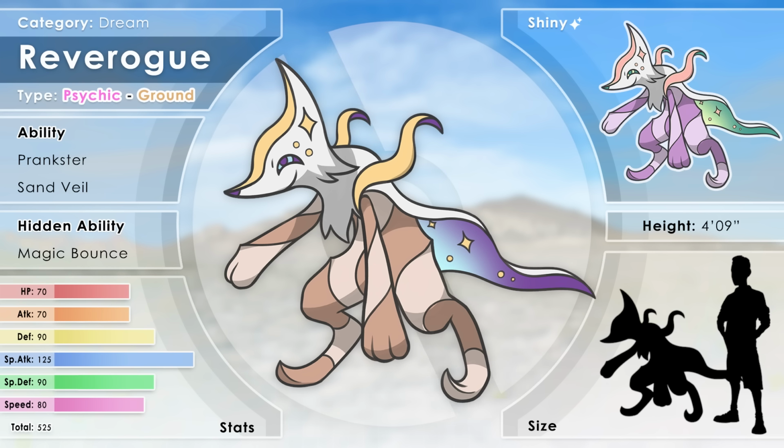Ground type. He is the dream Pokemon. He basically has the ability to put others to sleep. I thought, hey, if Lucario was Aura and Zoroark was illusions, then what would be a third one, or even a mixture of both, technically would be, I guess, dreams. So that's what he does. He's the master of dreams.